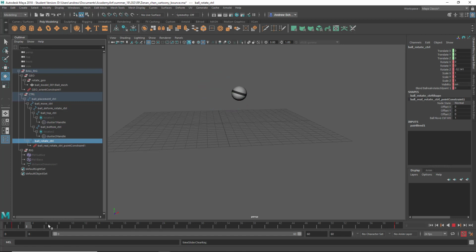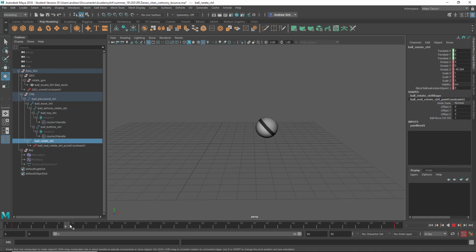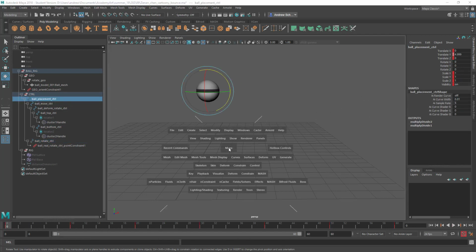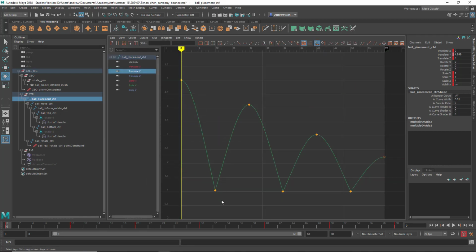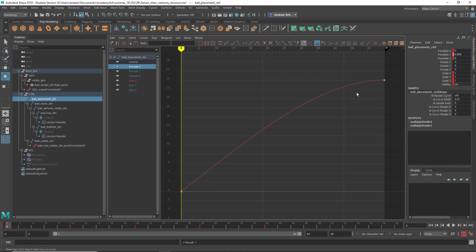So I guess, are we going to keep trying to fix this again? I should have saved what I had done so far. So let's just try to do it faster this time. Ball placement, graph editor, Y F. Yeah, this wasn't a big deal, but we moved these a little bit. Okay, and then what did we do here? We made that a lot more linear, and we put in some new